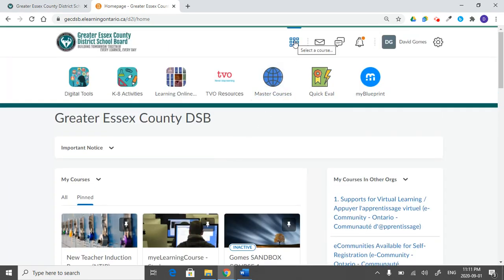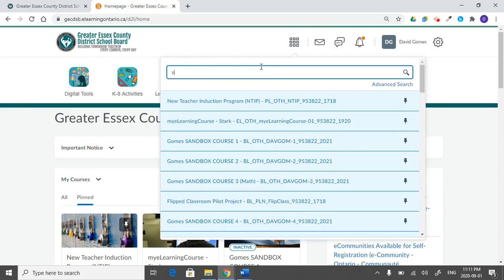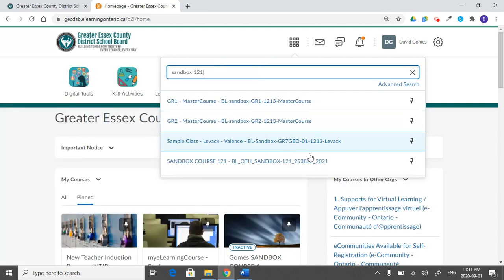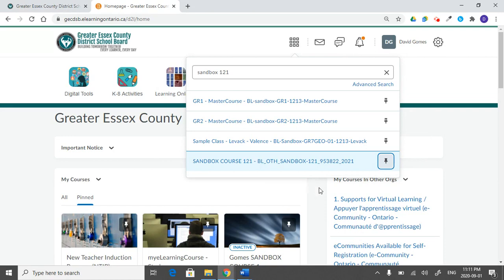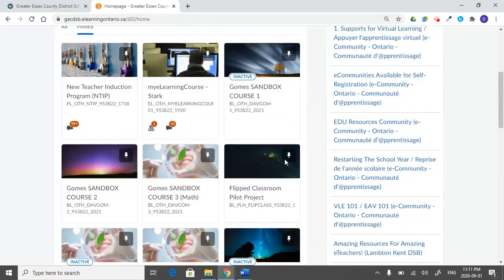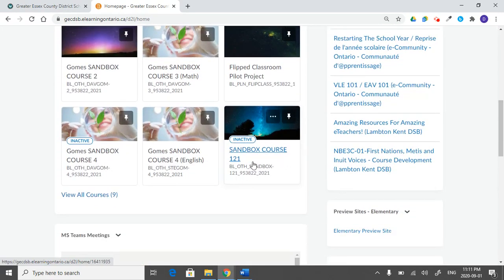If you can't find those Sandbox courses, come up here to where it says select a course and type in Sandbox. Now I'm going to type in Sandbox 121 and then I'm going to pin this. You can just type in Sandbox and you should see 4 that have your name on it. That course will then show up underneath here where it says Sandbox Course 121. I can unpin that if I don't want to use it, but instead I'm going to click inside here and